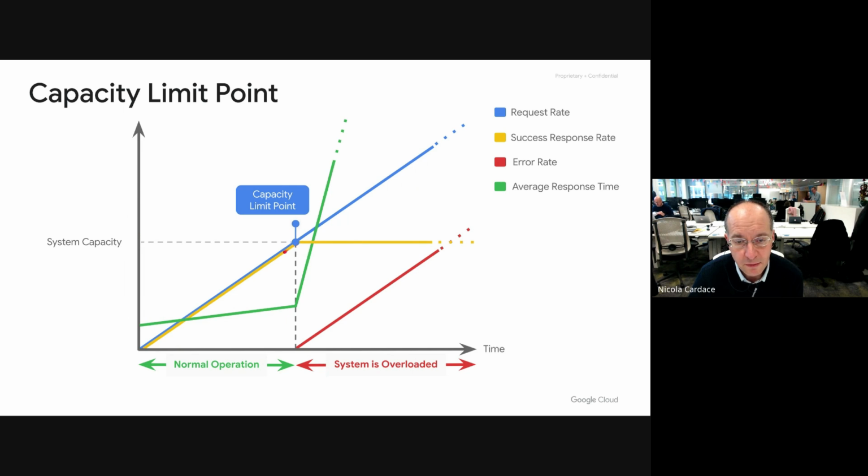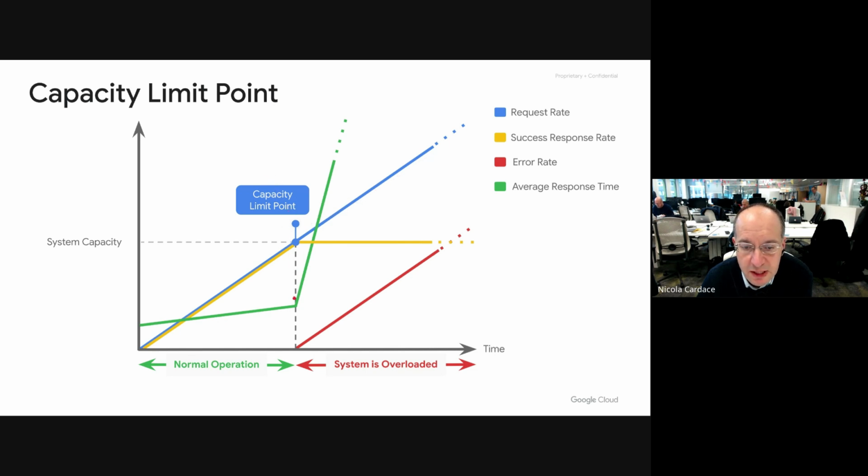There will be a point in which, ideally, you want to be able over time to increase it as much as you can, simply because you have, I don't know, a large API program or a large number of customers or clients, and you expect this to increase linearly without any type of bottleneck or limitation. But the reality is that as soon as you have a scenario where this is increasing constantly, you reach what we call a capacity limit point.